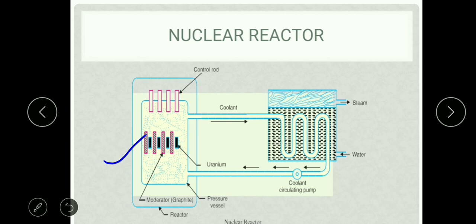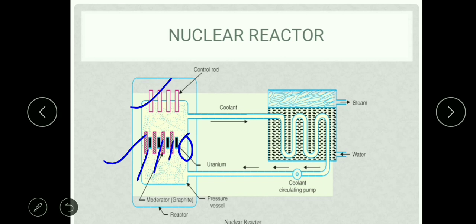How can you control it? There are control rods. By using these control rods we control the chain reaction. How, we will see later. Next, a nuclear reactor is a cylindrical steel pressure vessel, which houses the fuel rods. See here, the black colored rods are nothing but the fuel rods,